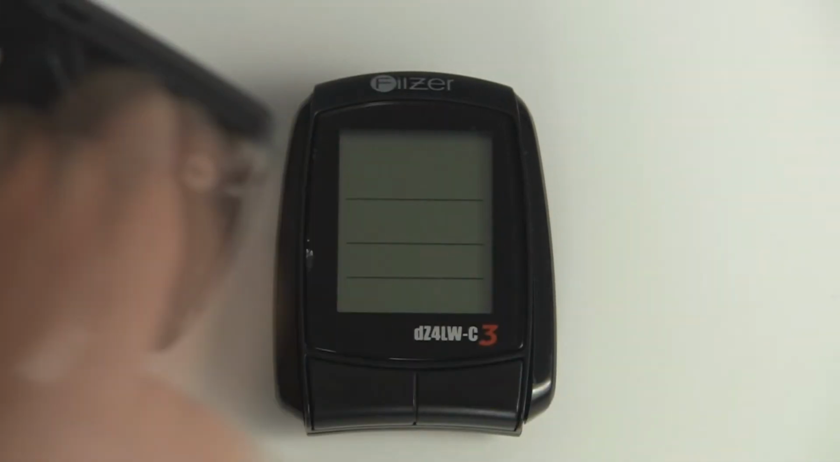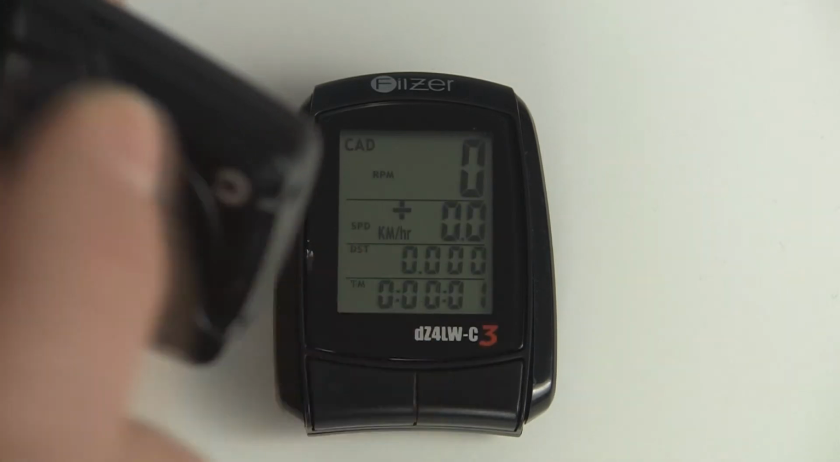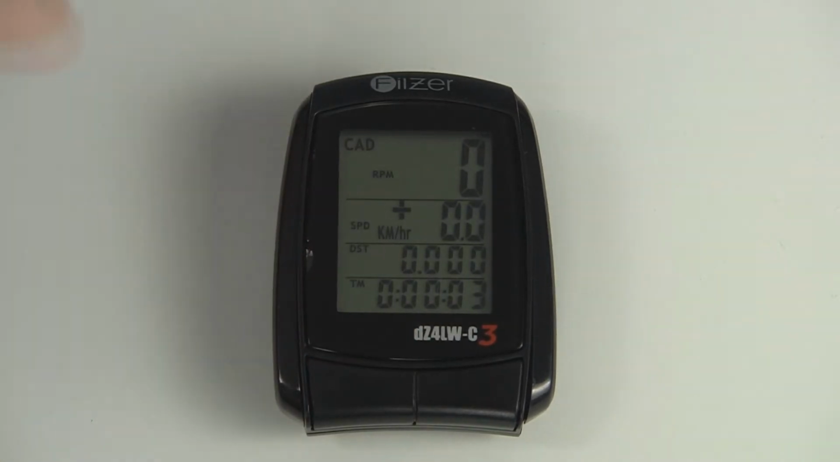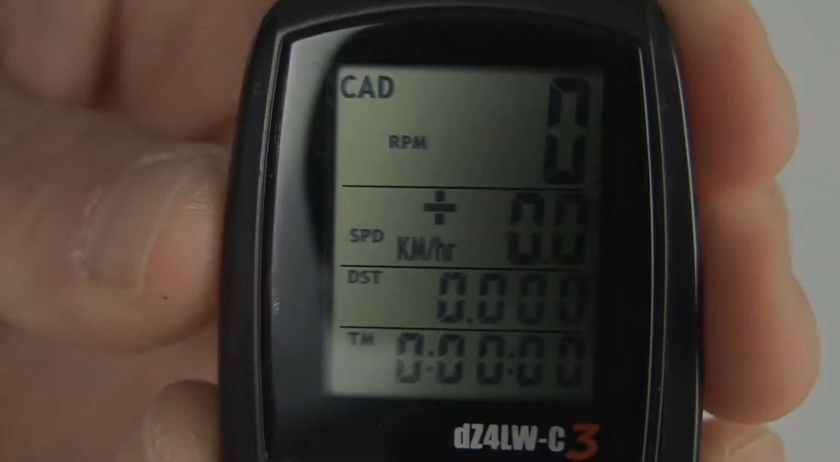Basically, I'll simulate your riding by passing a magnet past the sensor, and within a minute the computer will turn on, so you won't lose any data and you'll start accumulating time again. So that's a really handy function on our new computers. If you want to get to the next screen, you press the right button